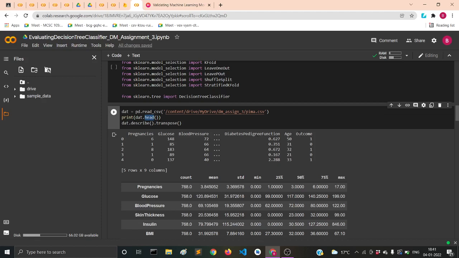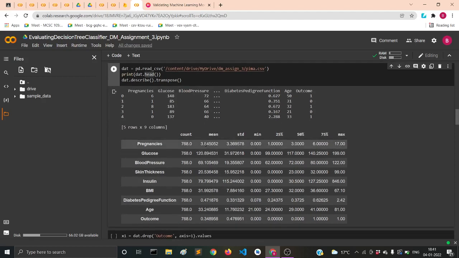We can see that it is related to diabetes, and here are the factors which might be leading to diabetes. There might be some particular configuration leading to diabetes, and that was the main aim of the classifier, to find it out through its weights. We have the output in the outcome column, where 1 indicates that the person has diabetes, and 0 indicates that the person does not have diabetes.